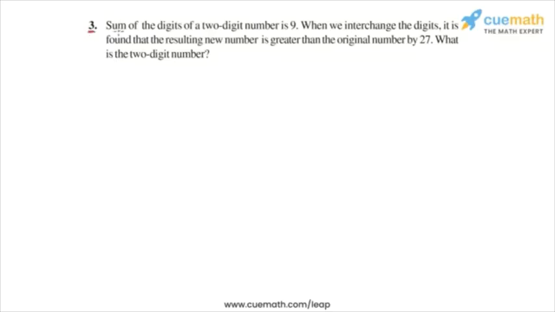Question 3 says that the sum of the digits of a 2-digit number is 9. When we interchange the digits, it is found that the resulting new number is greater than the original number by 27. What is the 2-digit number? This is our question, and the problem statement, when you read it for the first time, it seems kind of